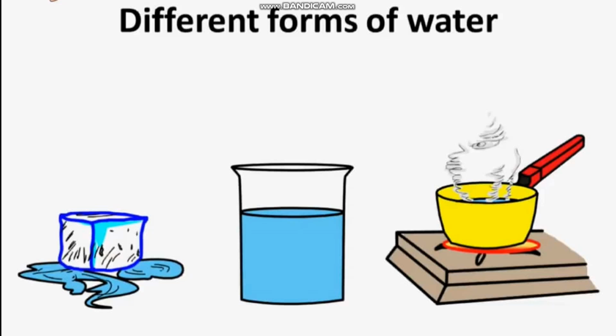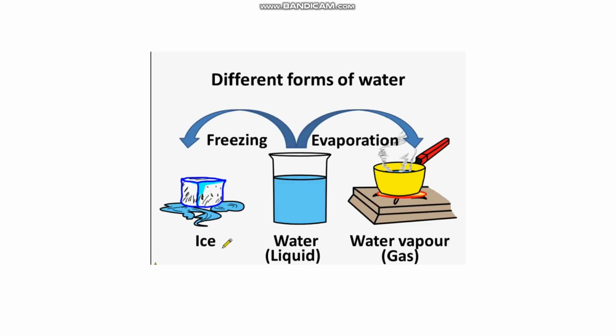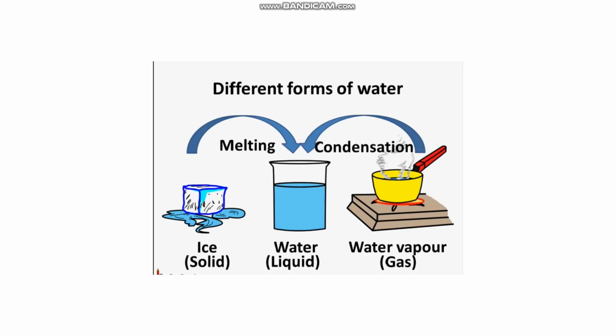This solid ice on melting changes back to water, and also the water vapor, which is a gas, on condensation, that is on cooling, changes back to water, which is liquid. So we can see water can change into different forms by heating or cooling. Also, you know that there are different forms such as solid, liquid, and gas. Now, have you ever wondered